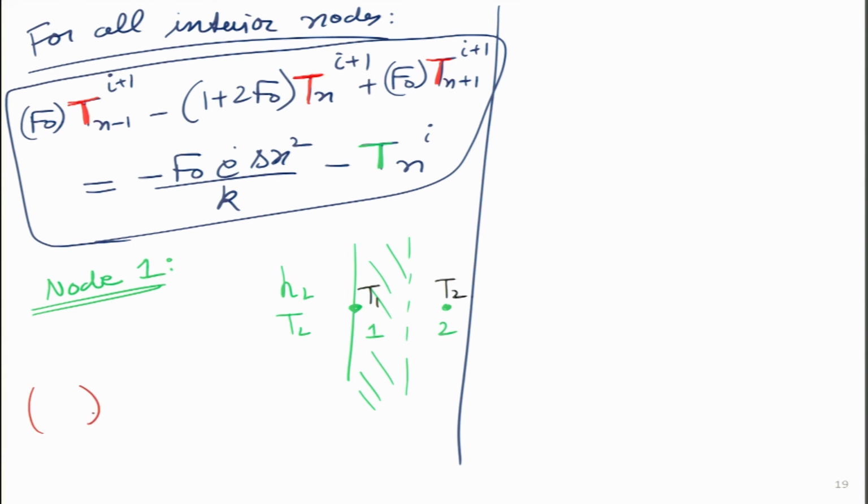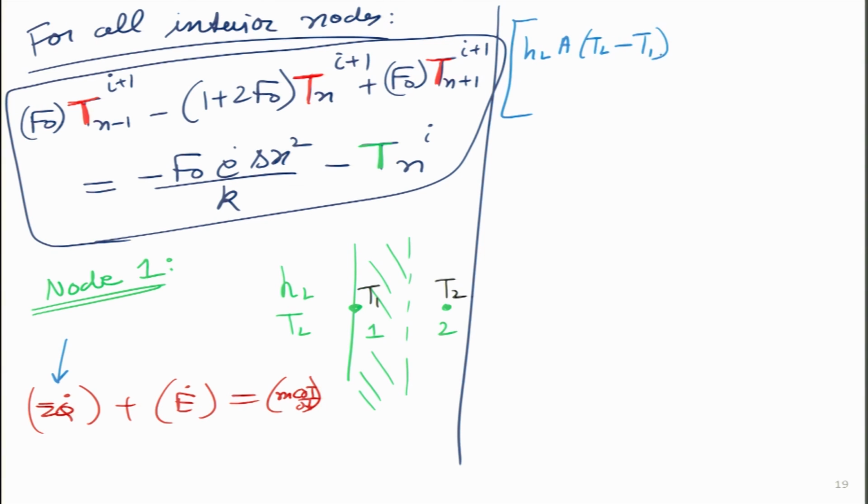So we will put again those red brackets, this plus this is equal to this, where this is sigma q dot, this is all the heat generation, and this is essentially m Cp del T by del t. So I will remove this dot over here. Very quickly we will go ahead and write this equation. What is the first term, all the heat coming in? So convection will be hL A (TL minus T1), right? For conduction it will be kA (T2 minus T1) divided by delta x.